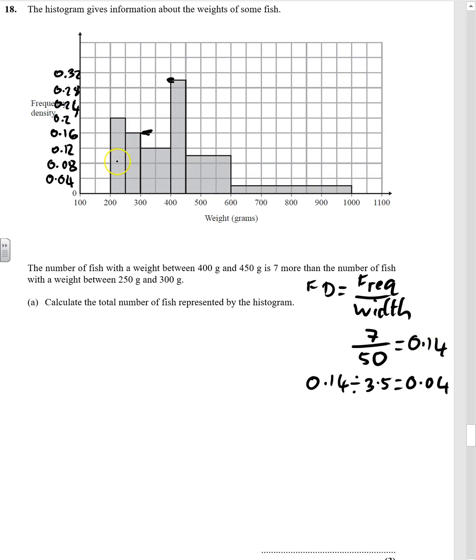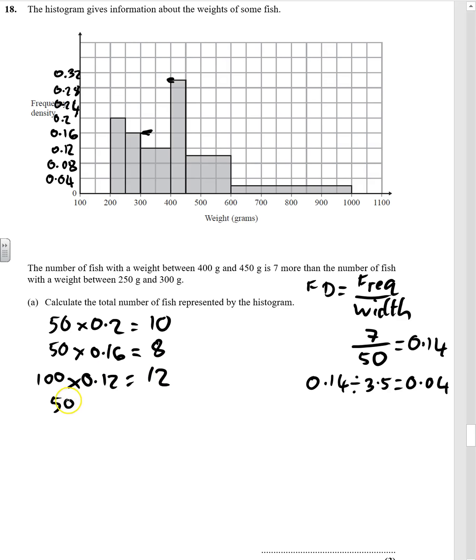So for the total, we basically just need to work out the area of each of these bars. So it's 50 class width times by 0.2, which is 10. Next one, 50 times by 0.16, which is 8. We just keep on working our way along. Next bar is a bit wider, twice as wide in fact. Gives us